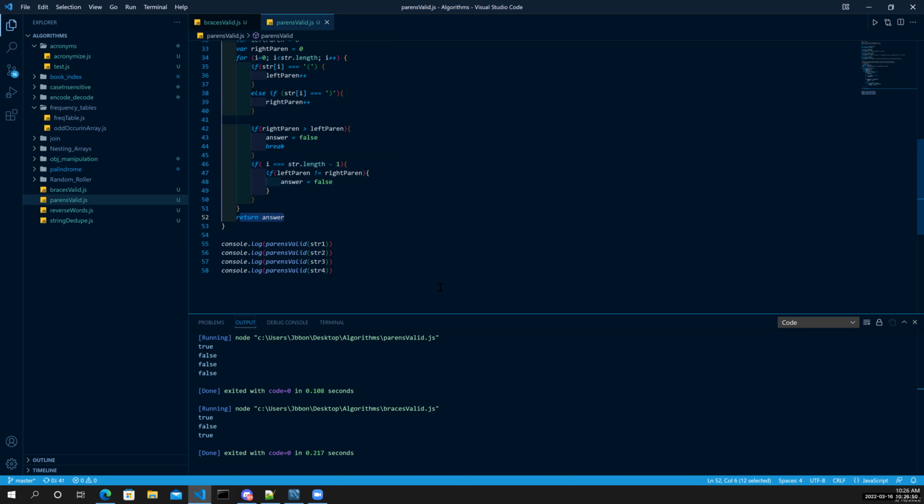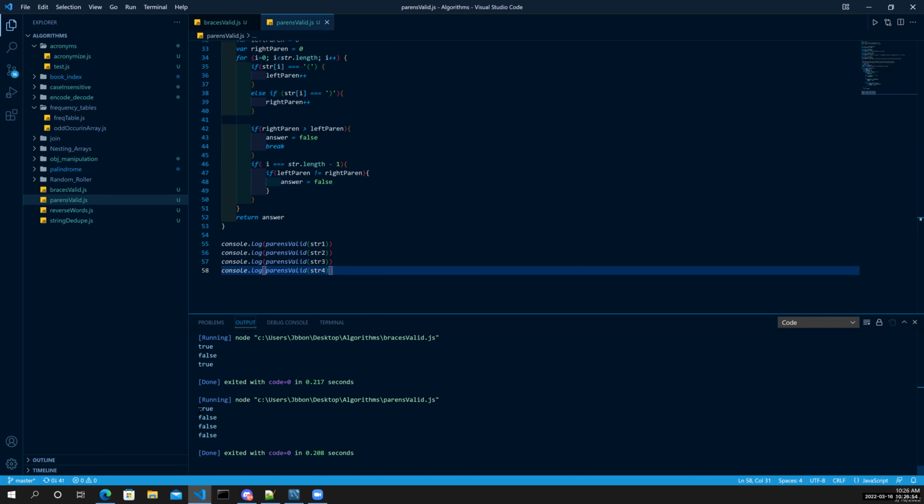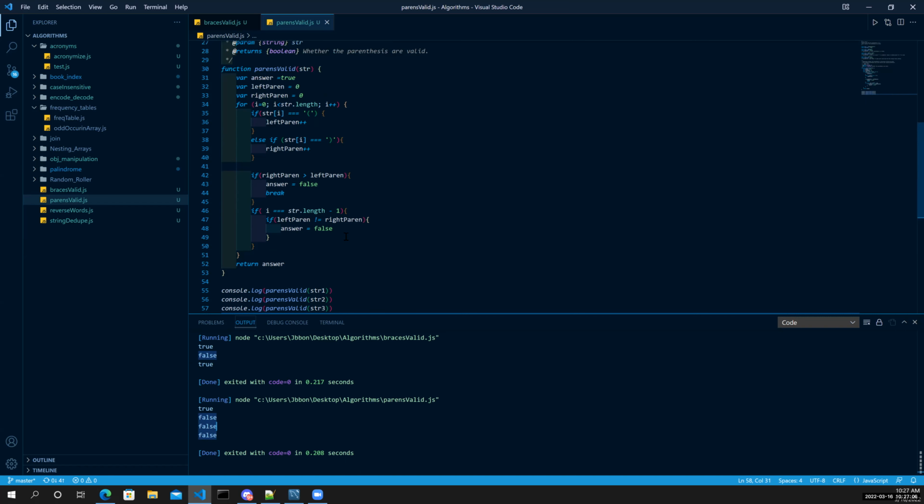Cool. This seems pretty simple. Yeah, you're basically using two counters. I mean, it's actually maybe a little simpler. Depends on how you look at it, but basically you're counting both of them. This is actually, I like it. It's different. And if you don't like negative numbers, then it's good.